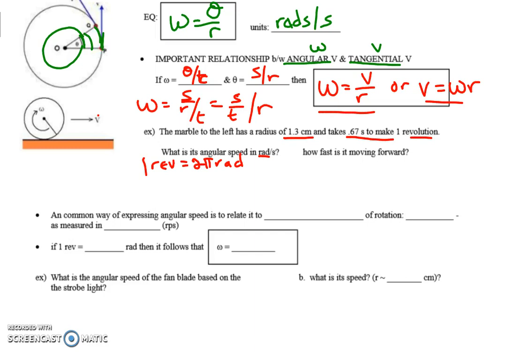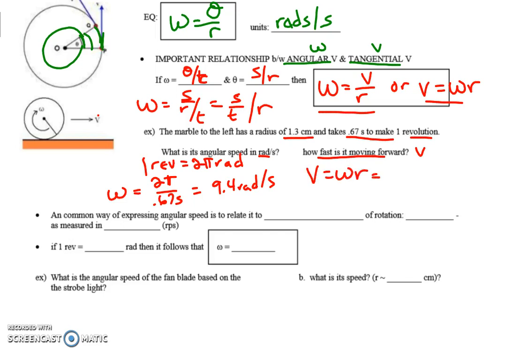All right, from here it's pretty straightforward. I would say that omega equals theta, where theta here is 2 pi radians, divided by the time. The time is 0.67 seconds. So if you do 2 pi divided by 0.67, you get 9.4 radians per second. And then we can ask, how fast is it moving forward? That's velocity, which is just distance divided by time. Now, we're given a radius, so we could figure out the distance it travels based on one revolution. We could do 2 pi r. But the more straightforward way, based on our answer here, is we could just say v equals omega r,